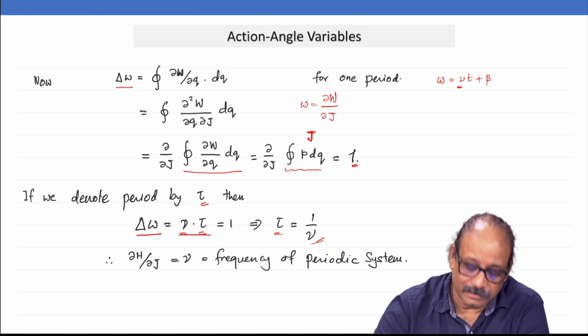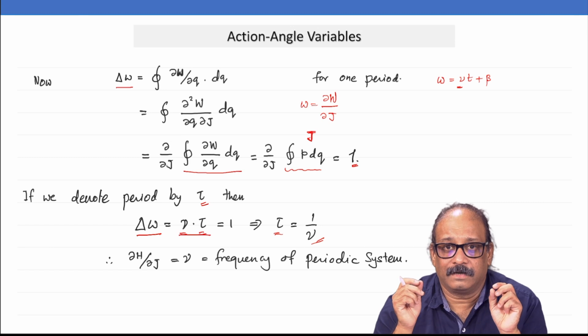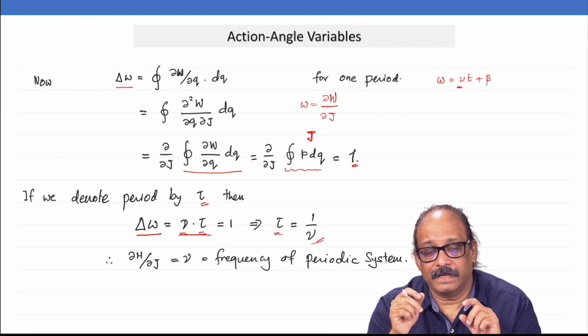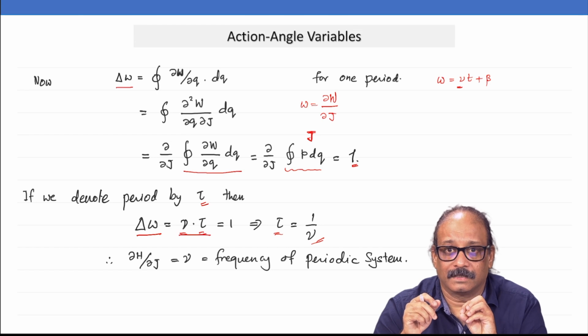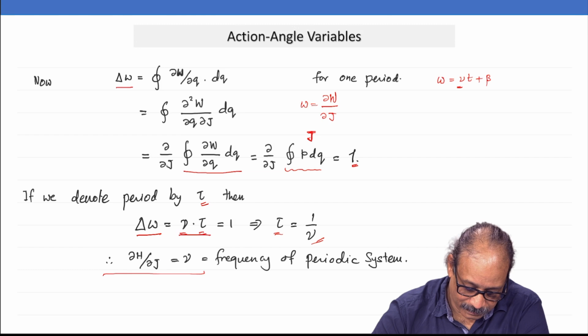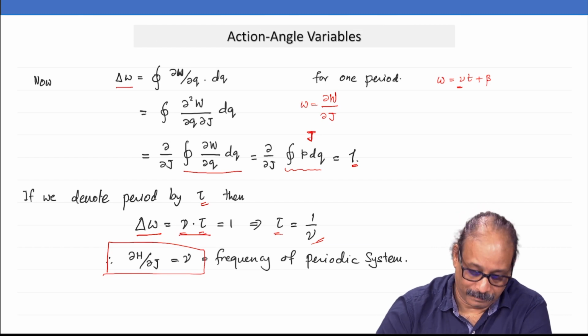So, you see I actually do not have to do all these calculations which I did in between. I start with the Hamiltonian, calculate the action variable. Once I calculate the action variable, I need to figure out how the Hamiltonian depends on the action variable. Once you do that, you get the frequencies. Okay. So, a shortcut to get frequencies of a periodic system.